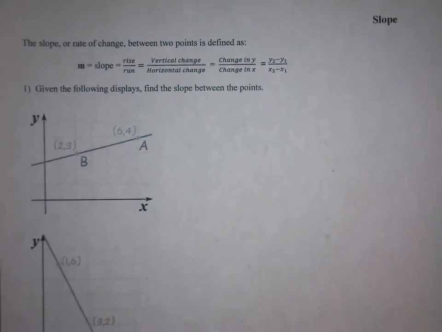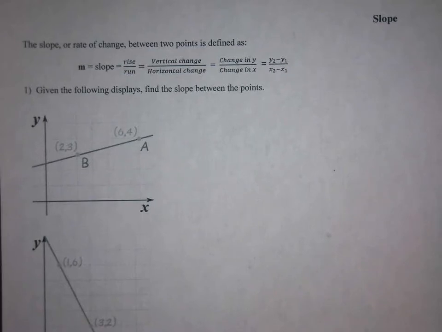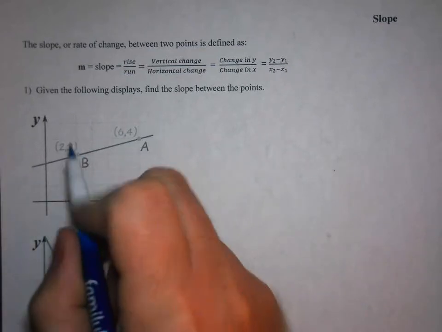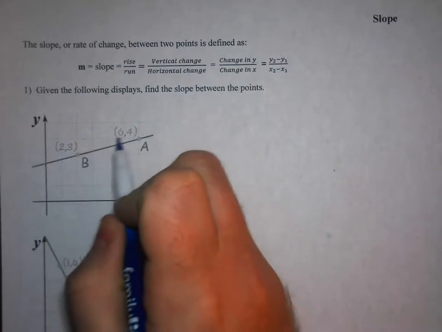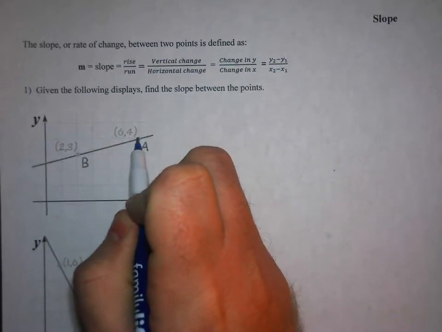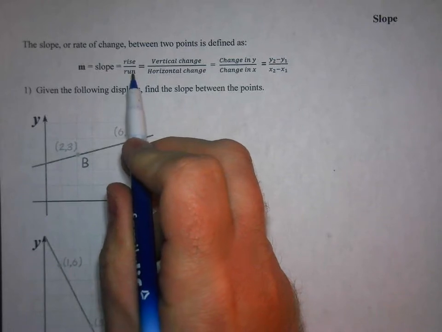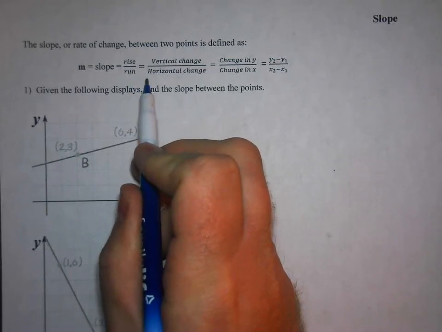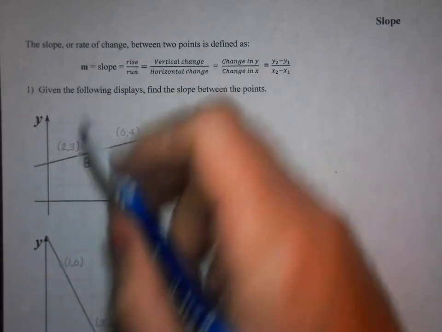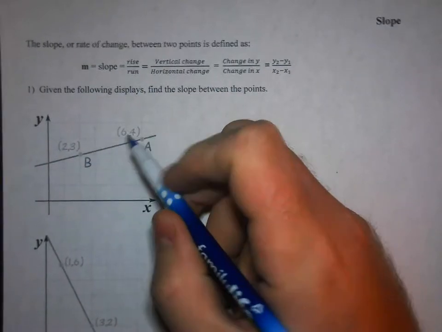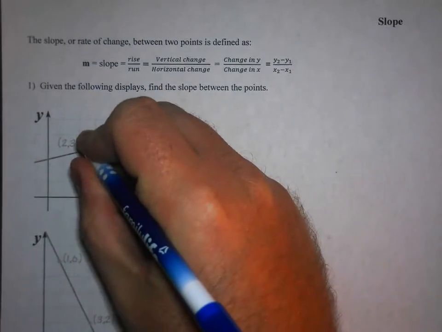So given the following displays, find the slope between the points. Here we have a point at 2, 3, and another point at 6, 4. If we just use the concept of rise over run, or the vertical over the horizontal change, to get from point B to point A, we can go up 1,